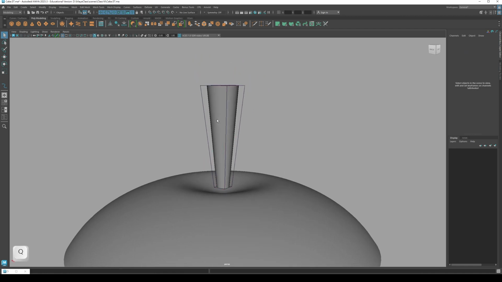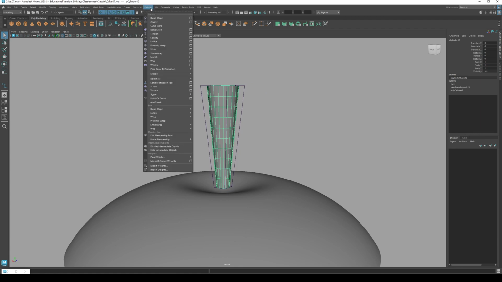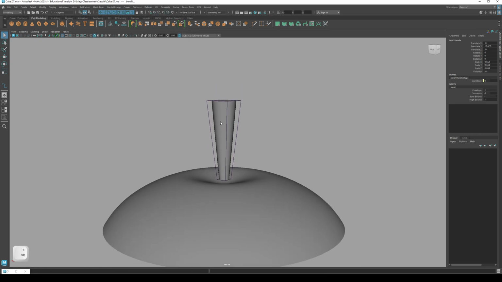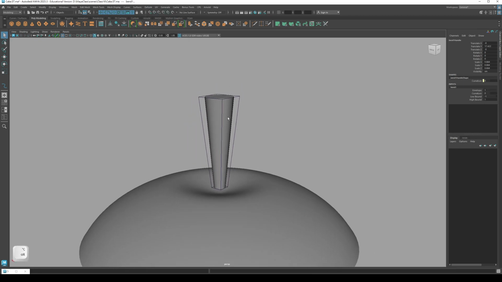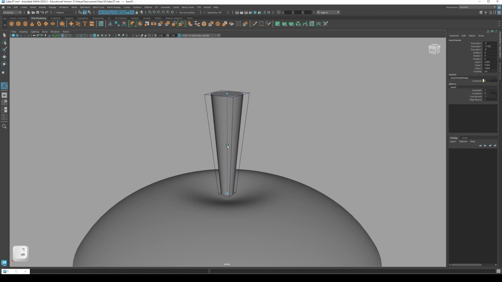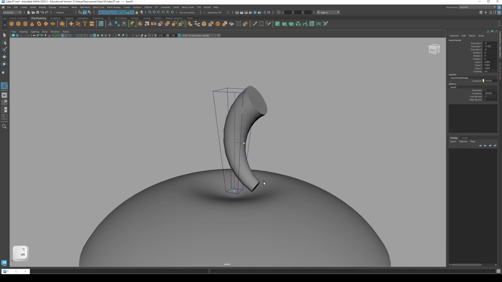Then select the model again, and this time use the nonlinear deformer, the bend deformer, to bend it. Okay. Let's hit T to show the deformer, and then use your left mouse to drag this point in the center. Drag it away. But I don't want to move the bottom part, so I'll move the lower part of the deformer, move this point up until it touches the center. Okay,